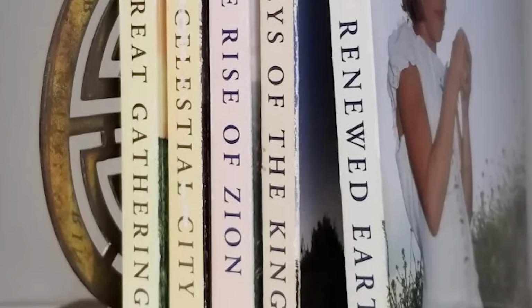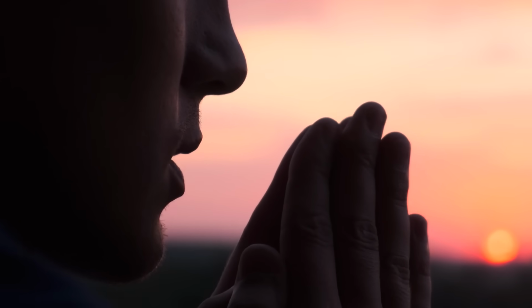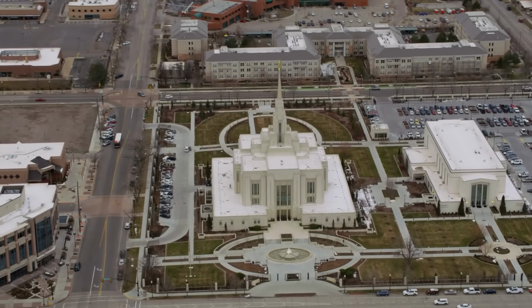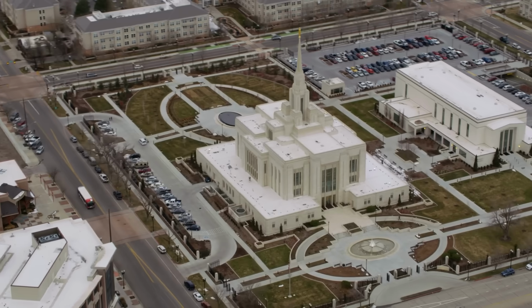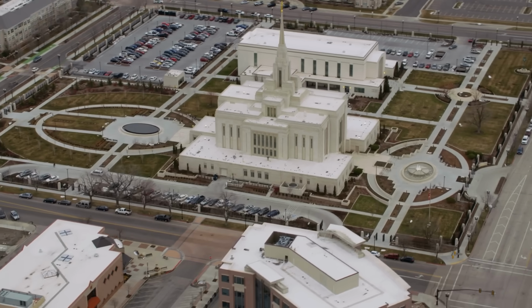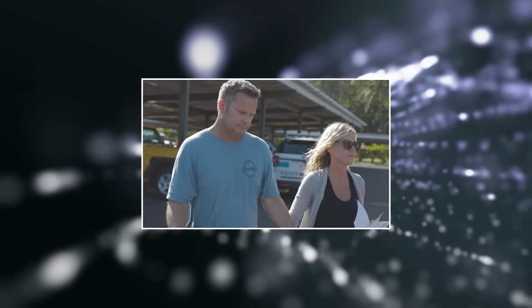His website, which is still up to this day, describes the last book in the series as a novel that paints a vivid picture of exciting prophesized events that still must occur before the second coming. If you have an interest in what awaits the members of the LDS Church, this series should definitely be on your reading list. You might think of his work as the LDS version of the Left Behind books from the early 2000s. Lori happened to love Standing in Holy Places, and in 2018, she managed to actually meet Chad at